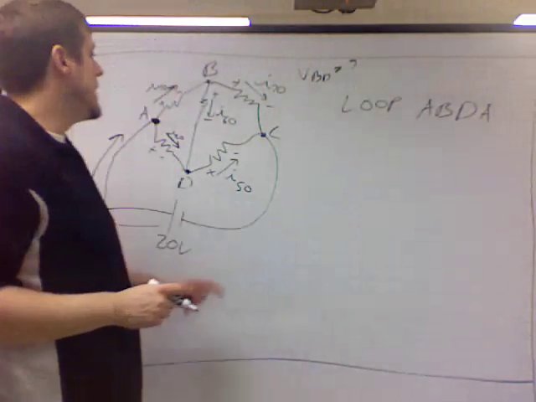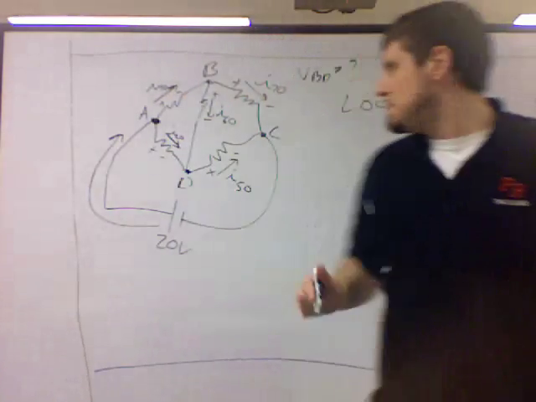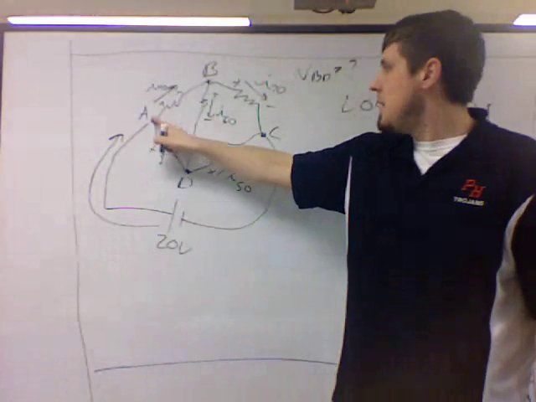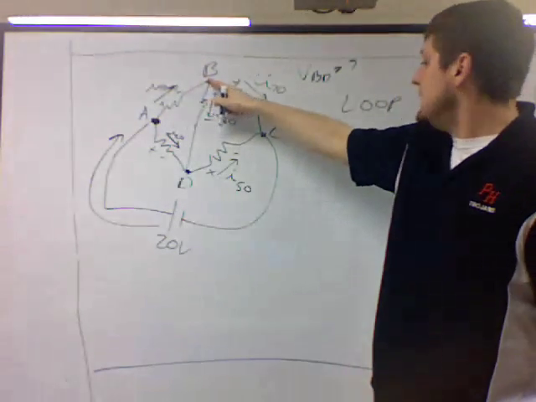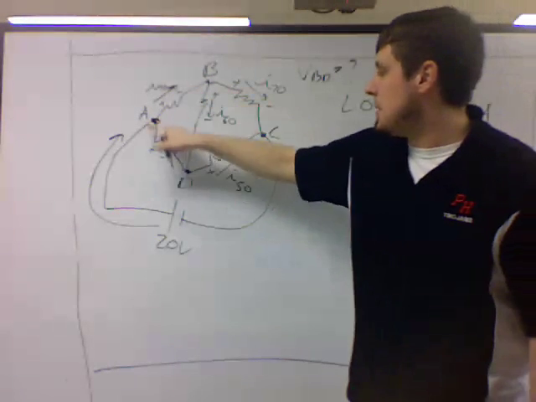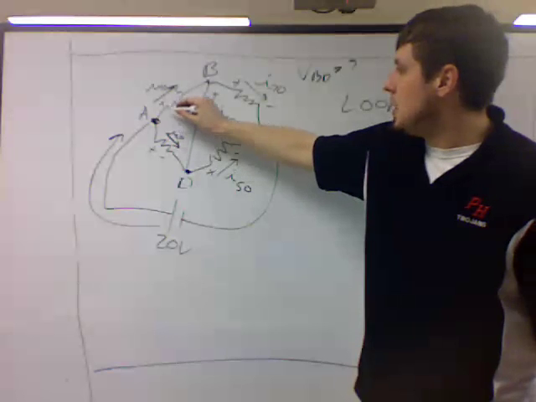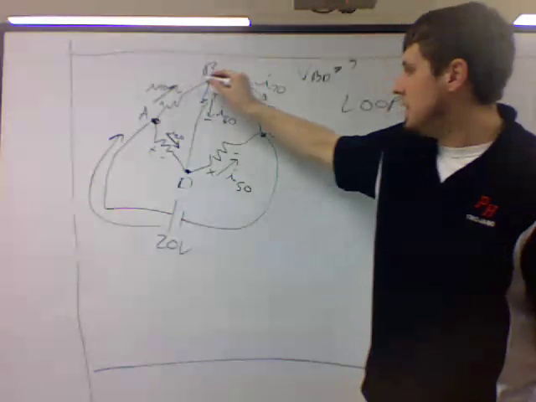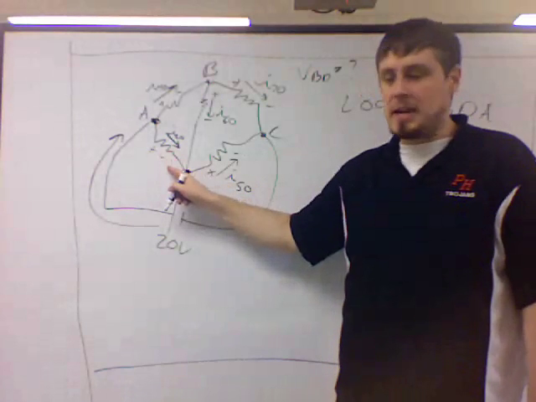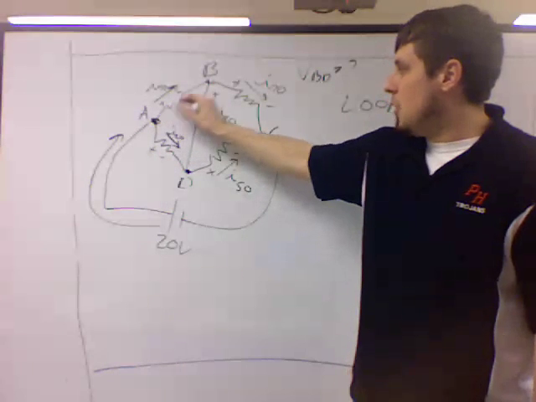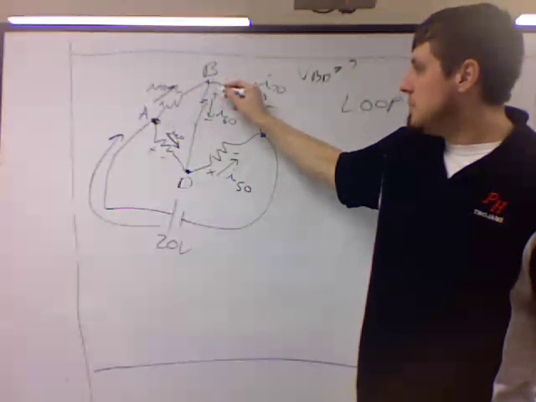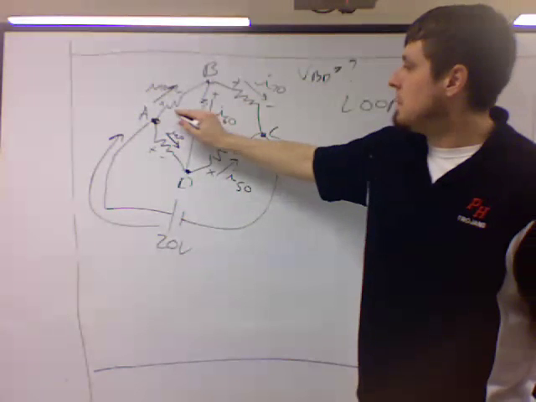Slide this over just a little bit. Okay, I think we're all right. So taking a look at this, A, B, D, A. Here's A. So we start here, go to here, A, B, D, A. So this is the loop that I'm applying, okay? And I'm going to go ahead and go this way across it. Now, this is where the resistors matter, where you put the plus minus, because if you go this direction, I'm going to go clockwise for this loop, you have a potential gain, potential drop, excuse me,